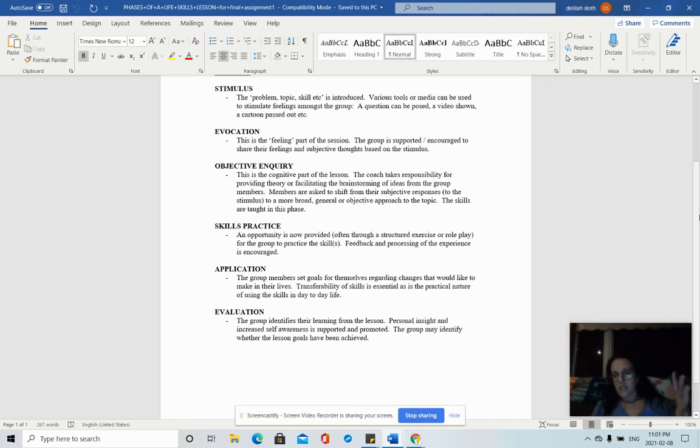So this is the life skills lesson plan format. You can use this actual very sheet as your template. You can just sort of take out my definitions and insert your own activities there and